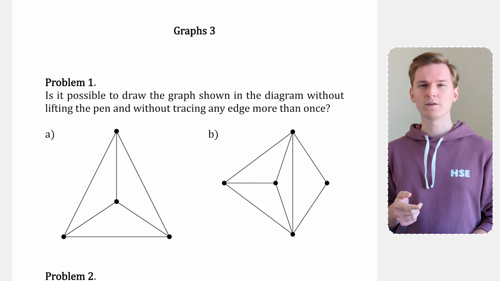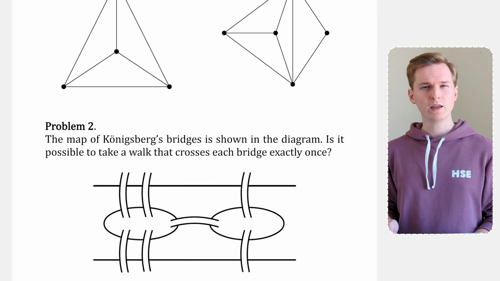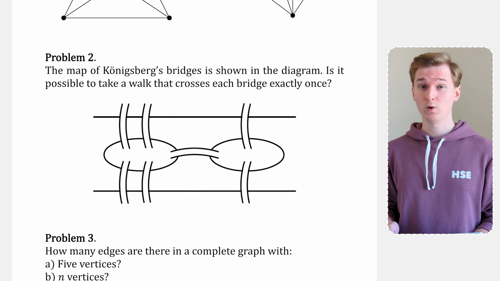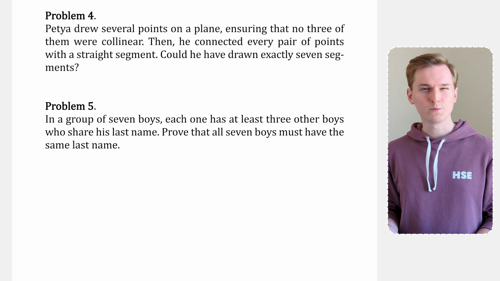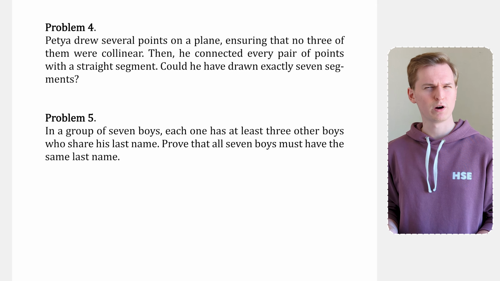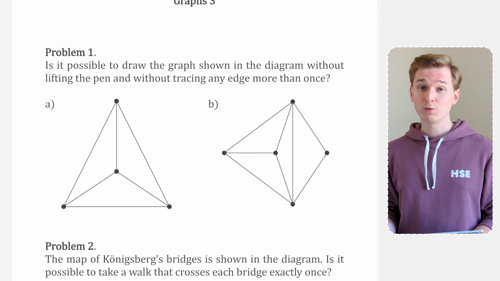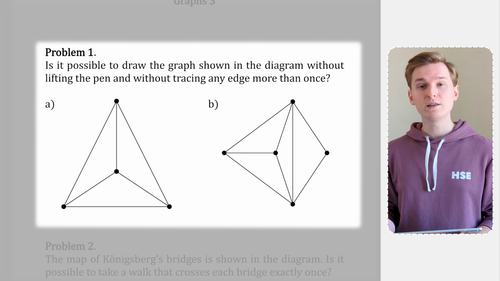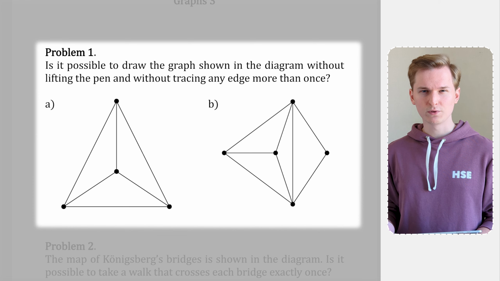Can you draw these graphs without lifting your pen? Can you cross every bridge exactly once? And what do 7 boys with the same last name have to do with graphs? Let's find out. In problem 1 we have 2 diagrams and need to determine whether it's possible to draw these